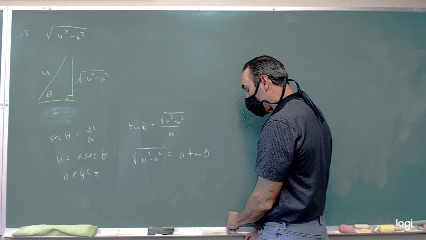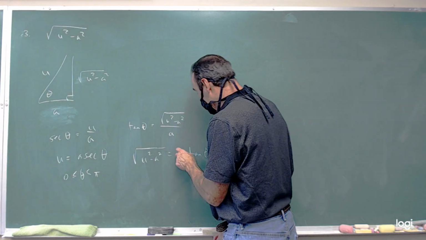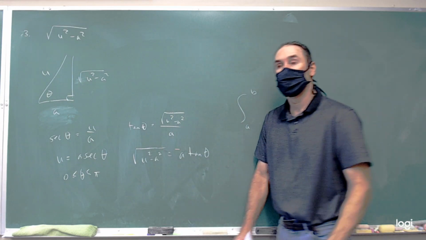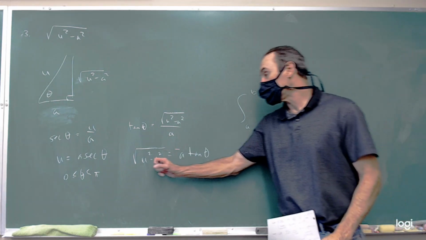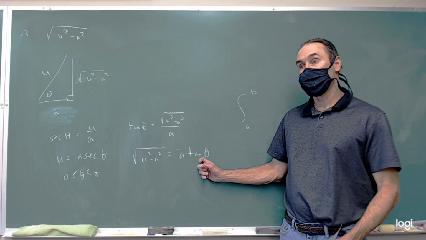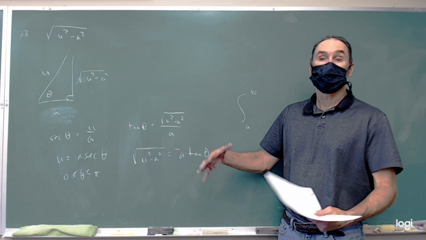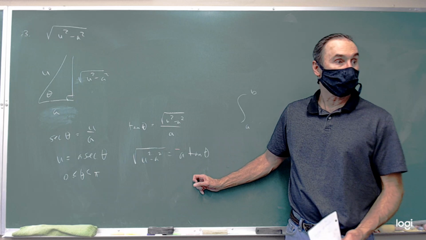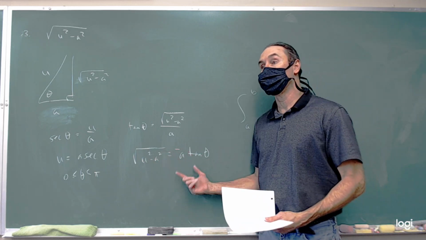And so we'll have to be alert and say, oh, it's going to be a negative. So in our integral where we substitute for the radical, instead of calling the radical a times tangent of theta, we're going to call it negative a tangent theta,